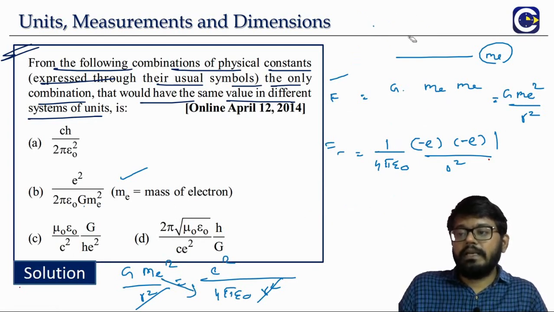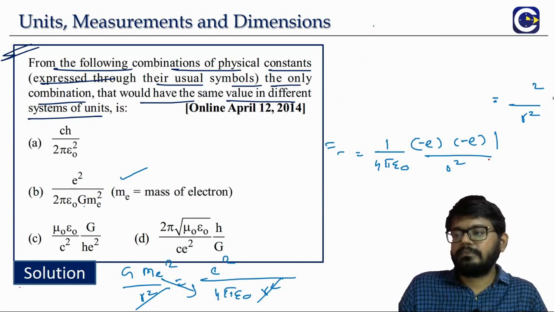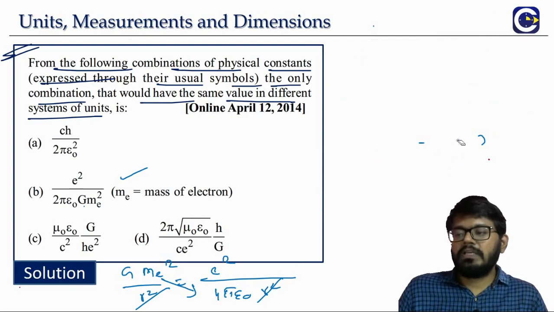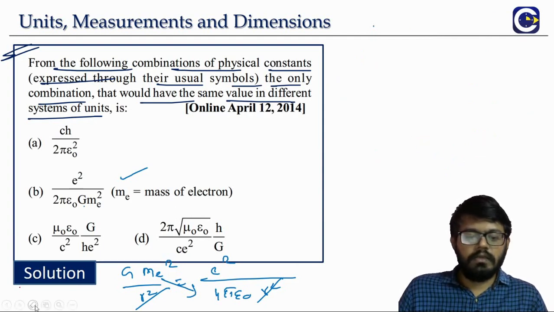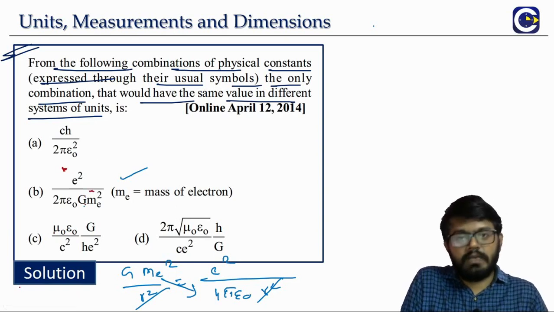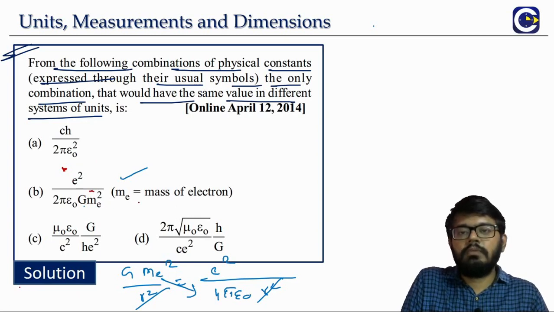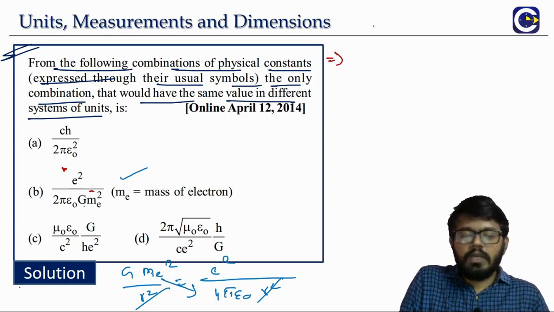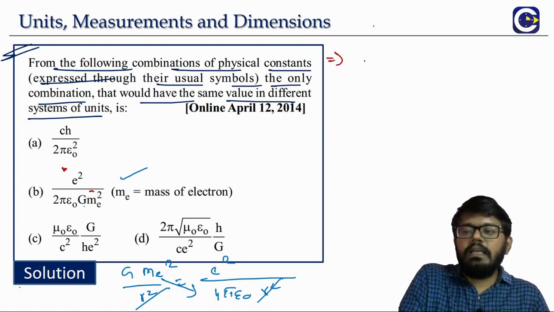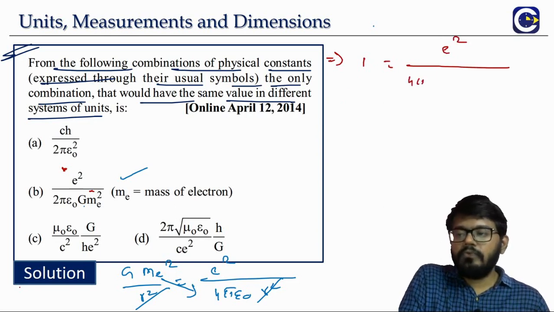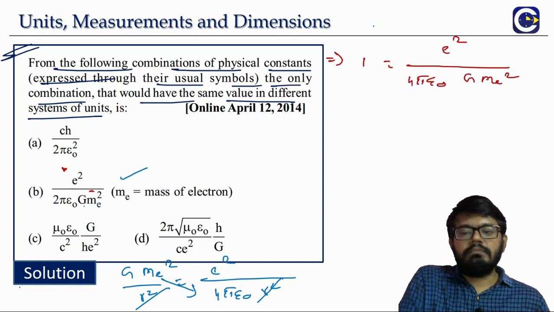When we take it to the denominator, we will see some interesting expression will come. You may think, how are we getting the idea of choosing the gravitational force between the two electronic charges and the electrostatic force? Because mass square will come in the gravitational force formula, and charge square will come in the electrostatic force formula. That is how we are able to get the idea. Now if you take the G me square to the right side, on the left side we will just have 1. 1 is equal to e square by 4 pi epsilon naught G into me square.